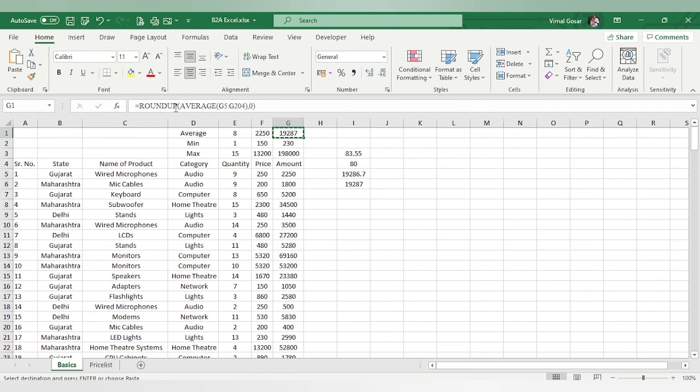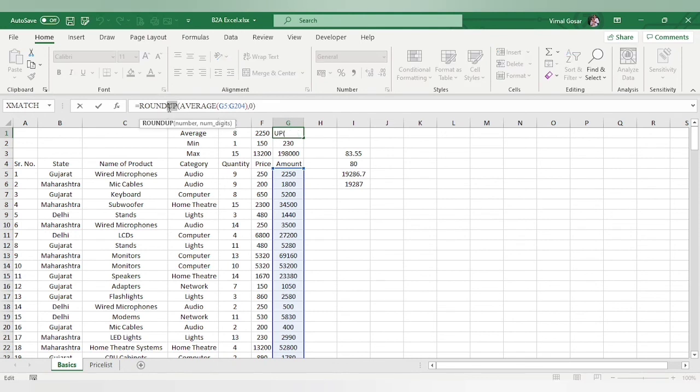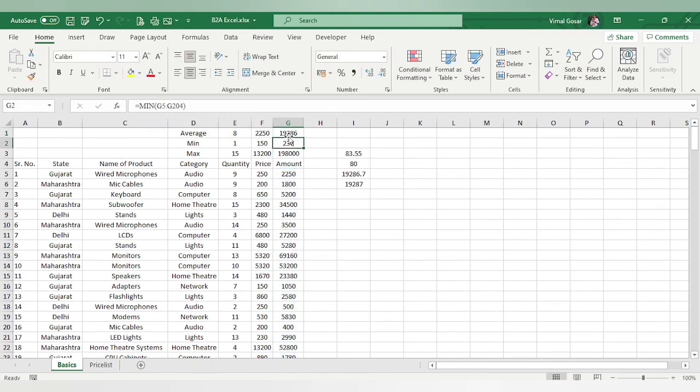Again, instead of round up, let us say I did not want this 0.7. I am not considering the values in decimals. I do not even want to use that as my sum value or the average value. So what I'll do is round down. I don't want the value to have anything above the decimal place. I just ignore it. So I'll use the round down function. Instead of round up, I have just replaced the word up by down, and once we do that and press enter, you will get a value returned as 19286.